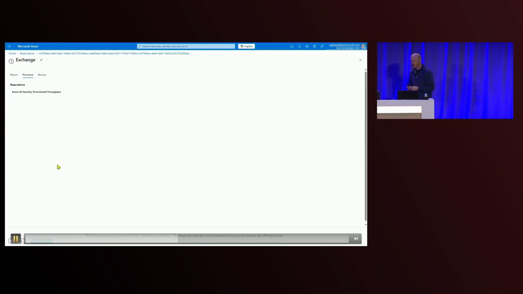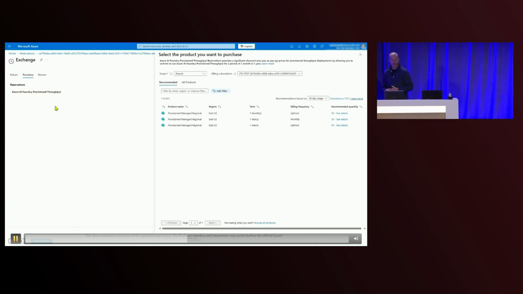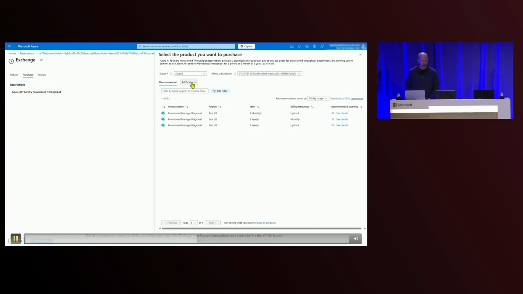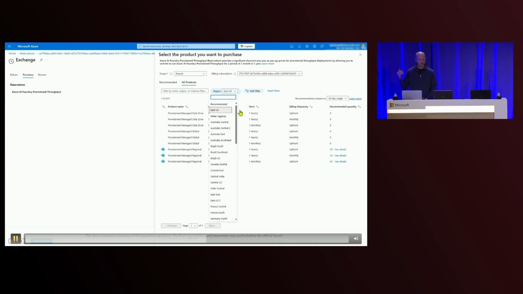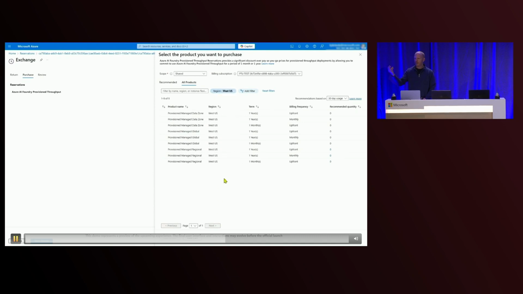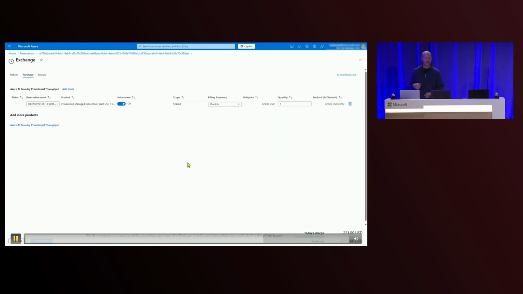And so you go back into your reservation tool, which is in the Azure portal, and you choose, hey, let me go ahead and exchange my reservation, select the reservation from the list, and then I can change the region, I can change the amount, I can change the deployment type. I can change any of those within the reservation. And so it's an exchange, and I can even save cost. So it's not just a dollar for dollar exchange.